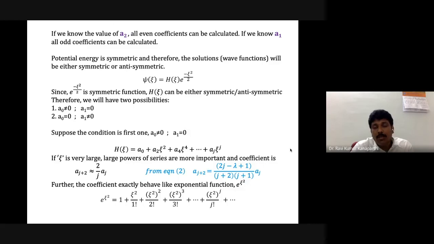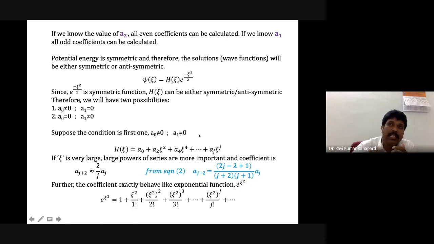Okay. You may ask me where you got this from. Based on mathematical knowledge, somebody has found that e to the power z square by 2 can be expressed as an infinite power series, and then you can get a general expression for the recursion relation, and that recursion relation will be exactly the same as this recursion relation. Based on that, we can conclude that for the infinite power series, at larger displacement,